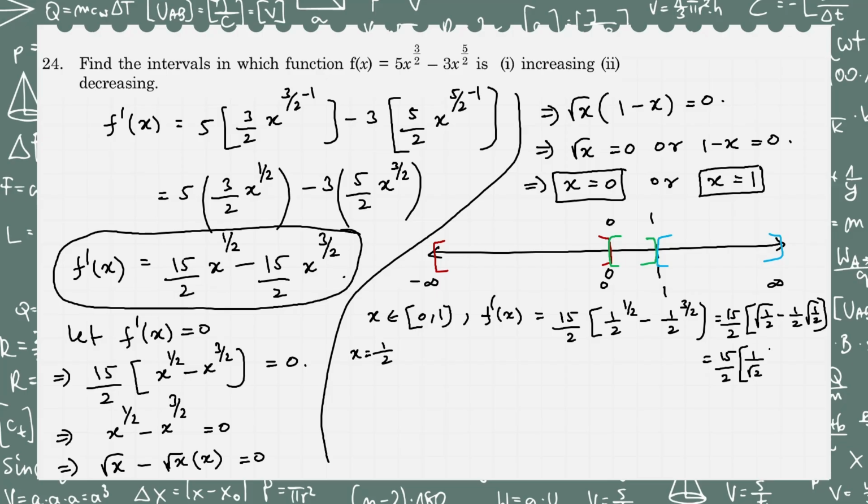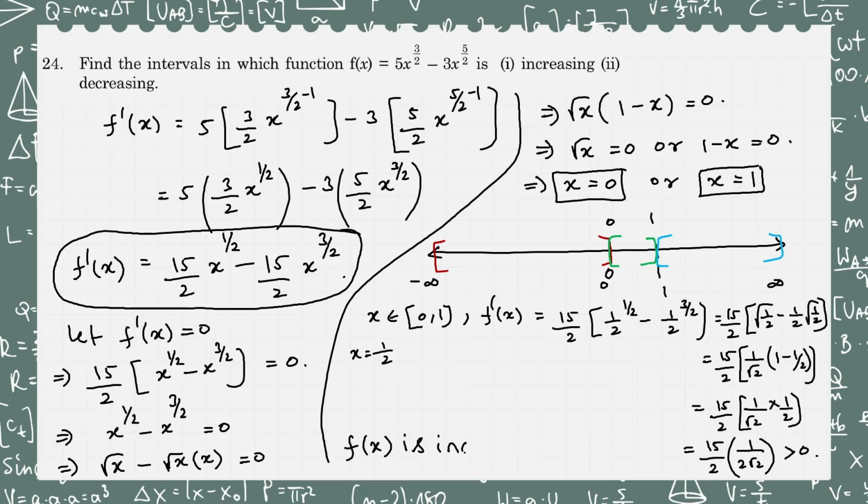And this is nothing but 15 by 2 into root over 1 is 1 only. So 1 by root 2 you can take common outside. And this is 1 minus 1 by 2, which is also 1 by 2 only. So 15 by 2 into 1 by root 2 into 1 by 2, which is 15 by 2 times 1 by 2 root 2, which is a positive quantity. So f dash of x is having a value greater than 0. That means the function f of x is increasing in the interval 0, 1. So f of x is increasing